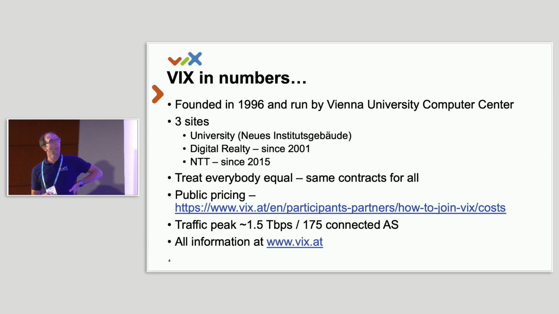About the exchange point itself, compared to LINX, we are a rather new exchange point, founded in 1996. It was founded at the Vienna University Computer Center and has never been put into its own legal entity, so it's still run by Vienna University Computer Center. We currently have 3 sites. One obviously started at the university and is still in the university. Between 1996 and 2001, we had many customers that asked for more rack space and more power around the exchange point. We couldn't facilitate that, and by that time Interaction built a data center in